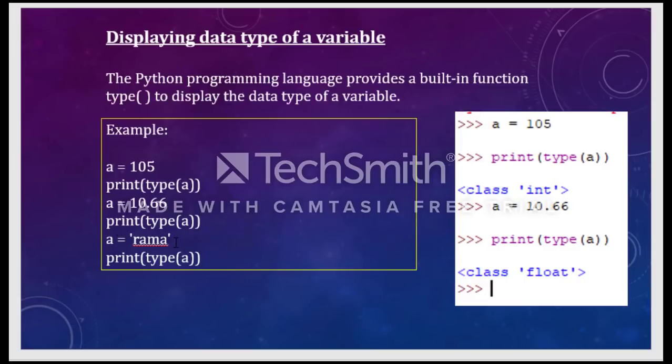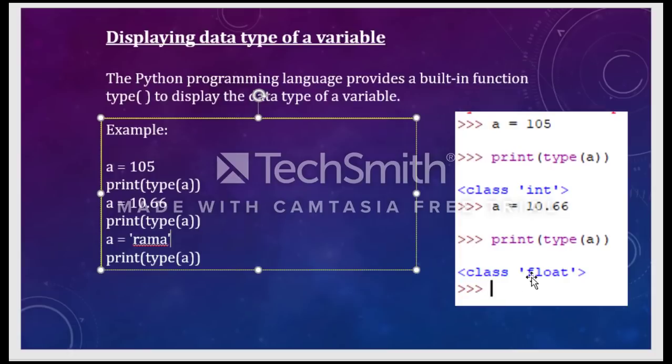Similarly, a is equal to Rama. I have given Rama, that means a string, into a variable. Now if you want to see what data type a is, obviously we are storing a string, so the data type of a is str.